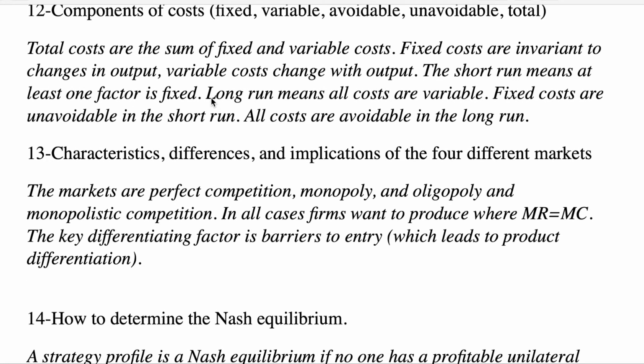In terms of the components of costs, well, fixed costs and variable costs comprise total costs. Fixed costs are those that are invariant to changes in output. So these are things where it's not going to matter if you produce 1 unit or 1,000 units. Fixed costs are the same, such as rent or the expenditure on capital, like machines. If at least one cost is fixed, then we're in the short run. If all costs are variable, then we're in the long run.